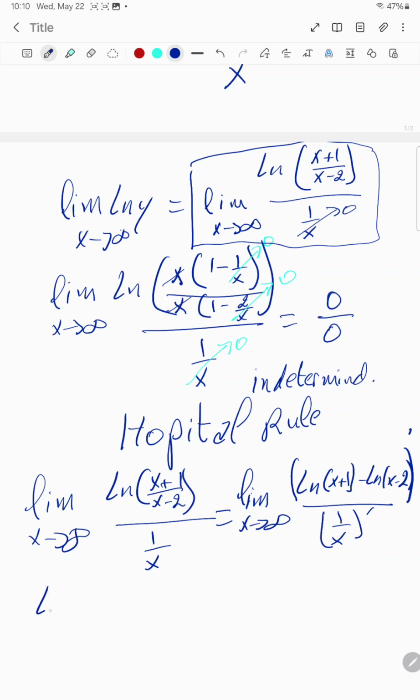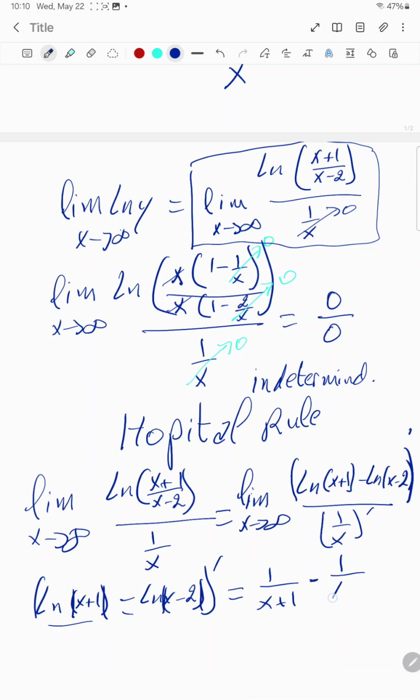So let's take ln of x+1 minus ln of x-2, and actually it's the absolute value, because ln of a negative number does not exist, and let's derive it. So the first one becomes 1 over x+1, and there is a minus here, and the second one becomes 1 over x-2. And if I want to derive 1 over x, it's (x^-1)' which is equal to